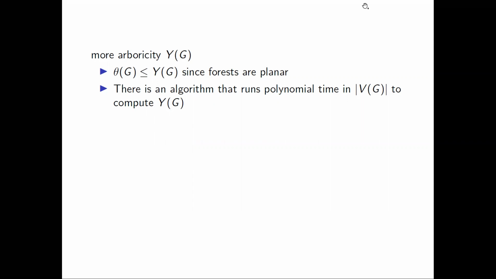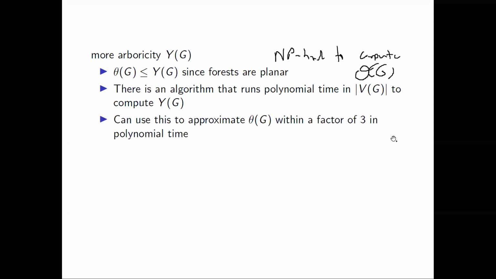So even though we noted on the earlier slide that it's NP-hard to compute the thickness, we're going to see that there's a polynomial time algorithm to approximate the thickness within a factor of 3. And in particular, all we have to do is to compute the arboricity. And in order to see that computing the arboricity suffices to compute the thickness within a factor of 3,